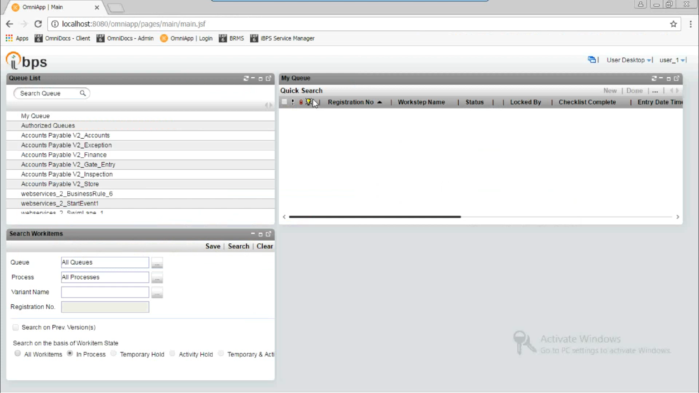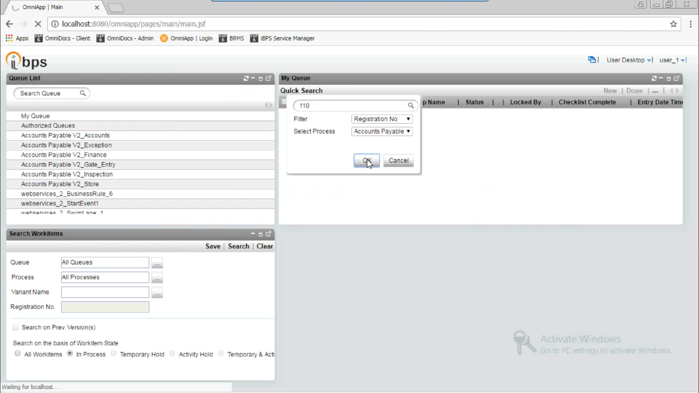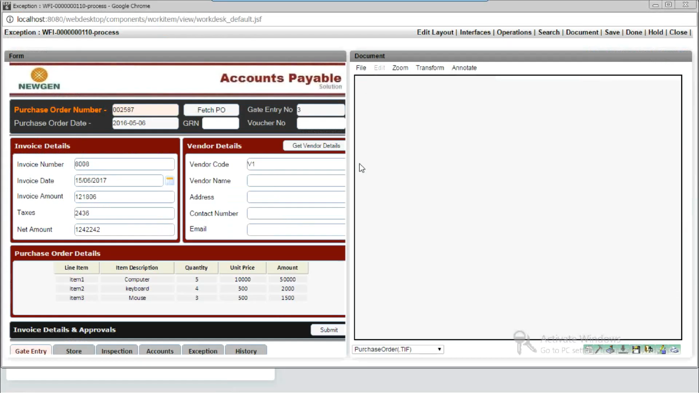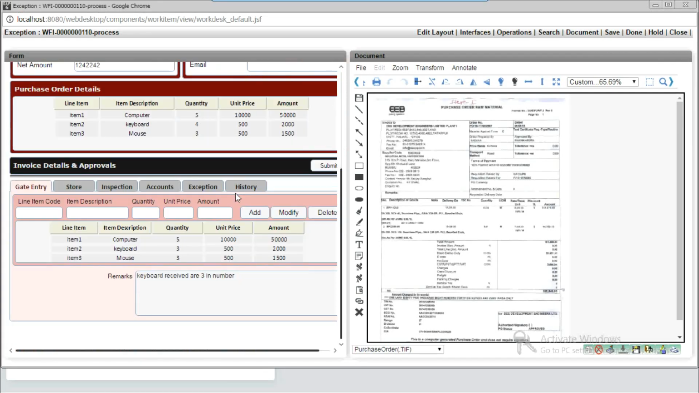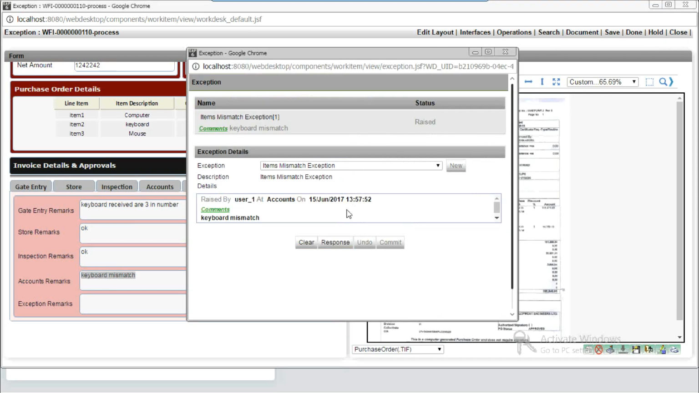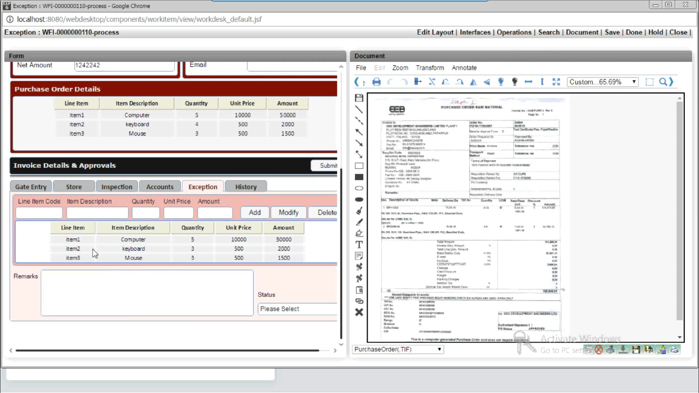So let's see where it has gone. From the account stage it has gone back to the exception stage, and you can see the history out here. The account user's remarks have been reflected as mismatch, and it can go to the exception user, where he can clear the exception. So that kind of comments can be given. You can change that line item,